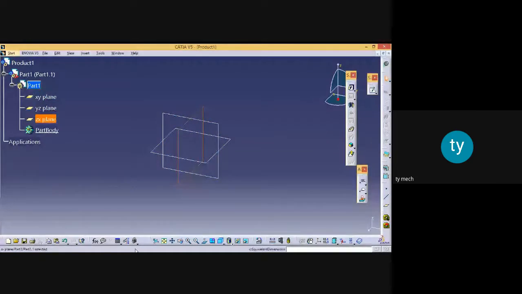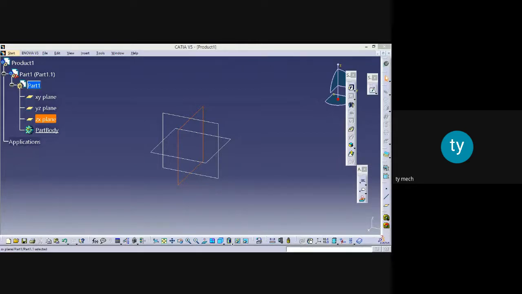Whenever you draw anything in the software, first of all, you should select a plane for drawing purpose. Whenever you go to the model design, you should select a plane.